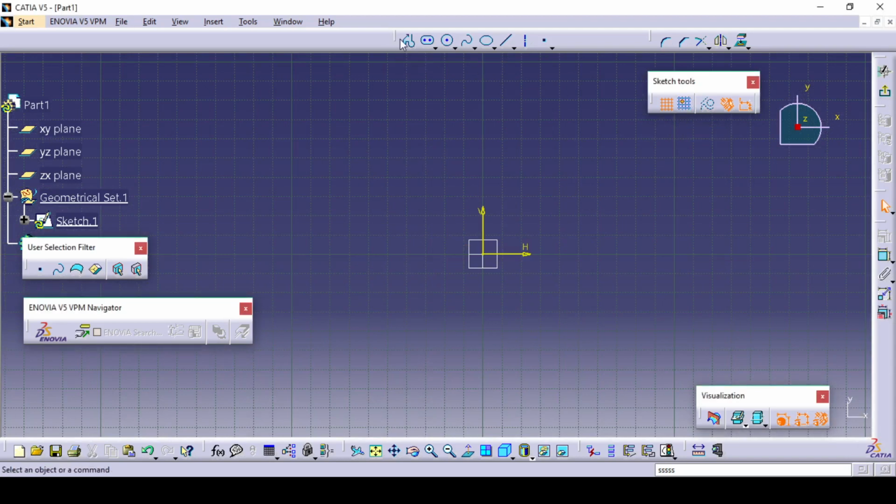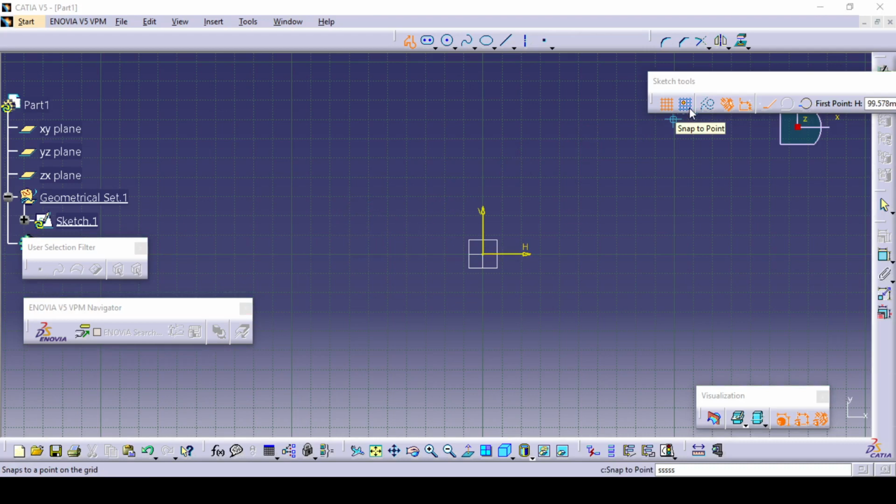Okay, now here you can see this profile options. I have put it over here. Now if I select any profile option from here and try to draw, you can see this option, which is snap to point, is off. It means it will not snap to points at the corners of these grids, so you can start sketching from anywhere.